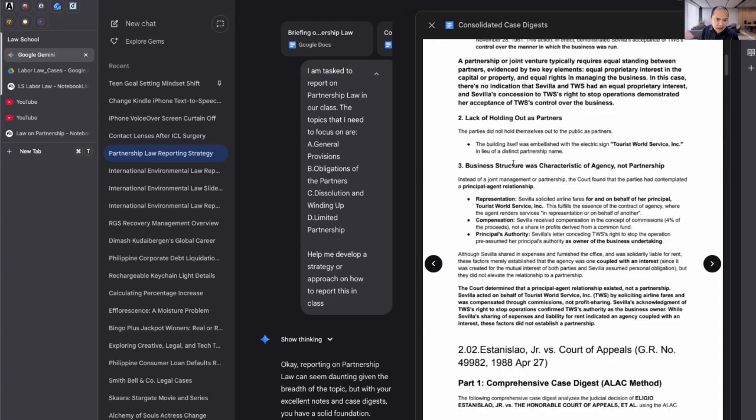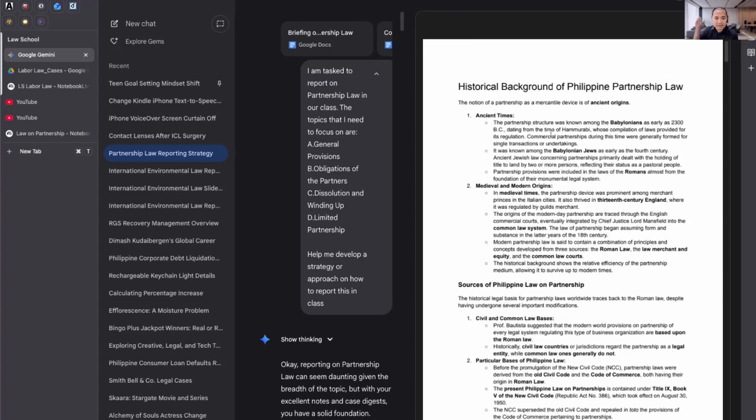And then I created a briefing doc. Basically, this is a basic function in NotebookLM. And then I had my notes generated again from NotebookLM based on the resources, based on the cases, based on the textbook. So I scanned the textbook and I put it in NotebookLM. It provided me with this summary of all the sources, including the cases in the textbook and the briefing doc. Okay, and then I asked it to